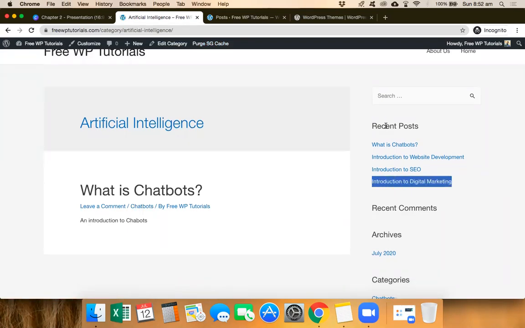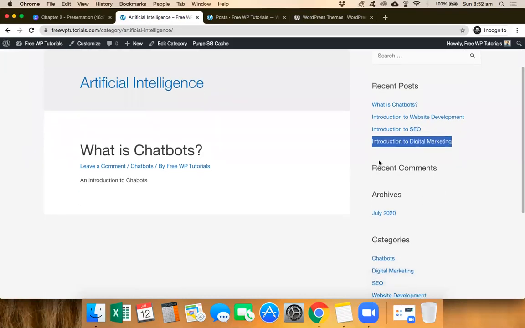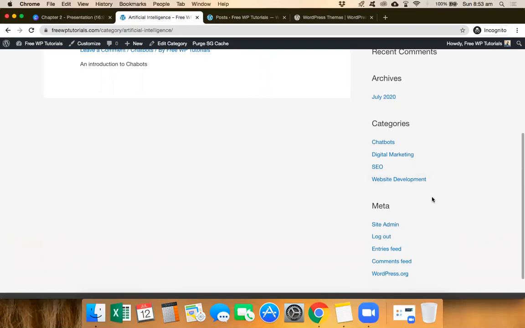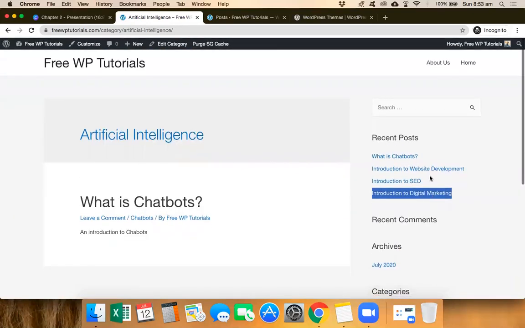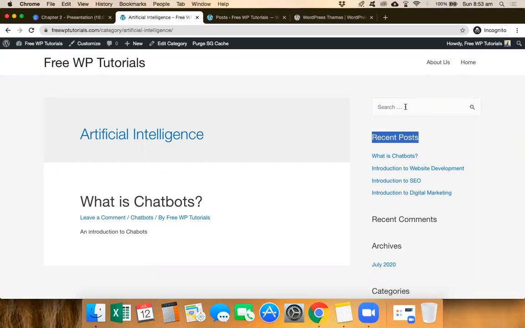Now in the similar manner, let's say introduction to digital marketing, all the recent posts come over here. So okay, before I forget, this is basically a sidebar in which you have something called widgets. Now widgets is something wherein we can keep adding these kinds of headings like your recent comments, your archives, categories. You can even add tags, meta, all these are there, which you can add or remove, which we will also be covering. But nevertheless, I thought I'll just mention this right now. So one of the widgets is basically your recent post. Also search is another part of the widgets as well.